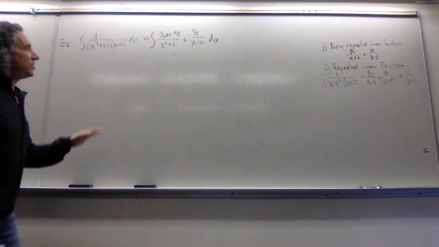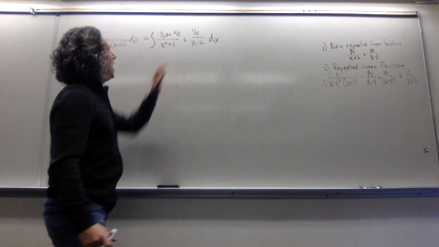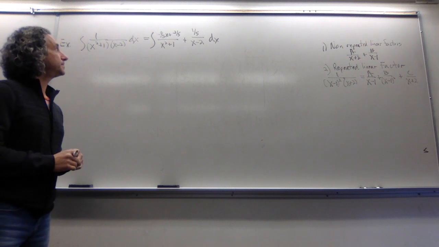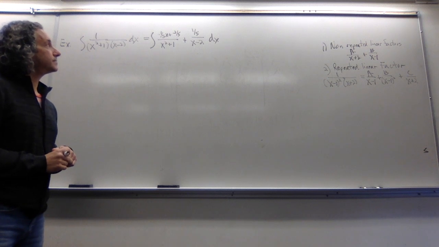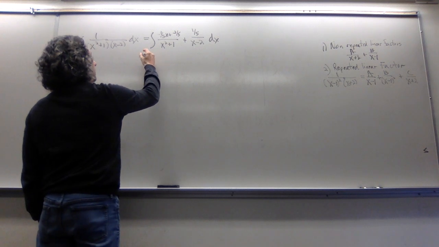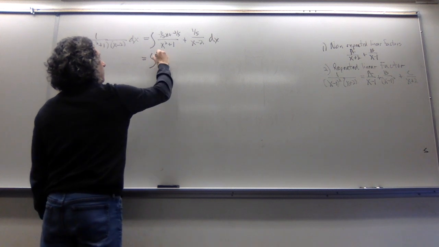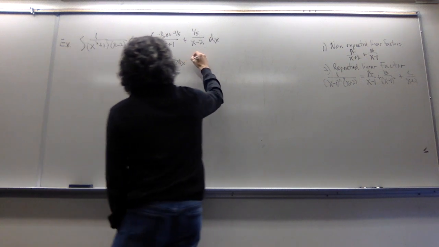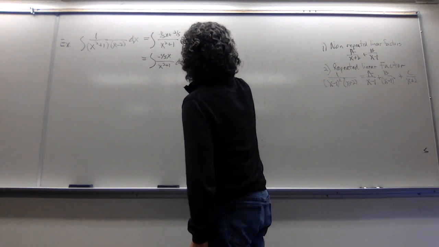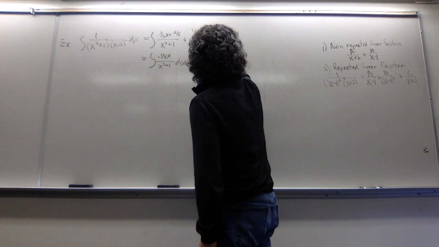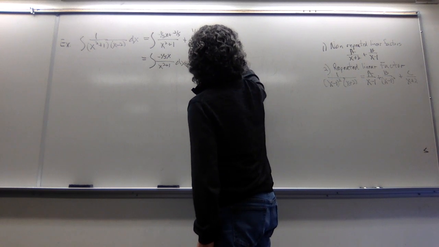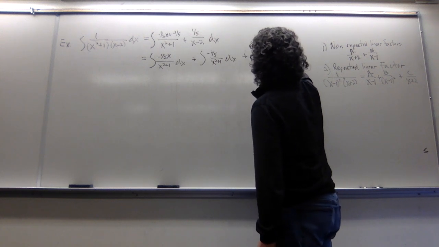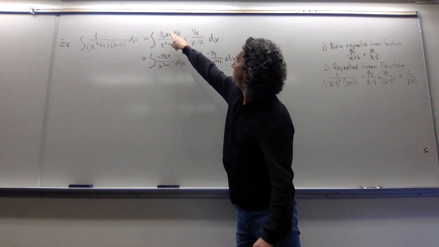Again, at this point, I claim that you can actually integrate this thing. Give yourself a minute, see if you could figure out how to integrate that, and then press play again. All right, this is what I'm going to do. I'm going to think of this as the integral of minus 1/5 x over x squared plus 1 dx plus the integral of minus 2/5 over x squared plus 1 dx plus the integral of 1/5 over x minus 2 dx. So notice I just broke up the numerator there.